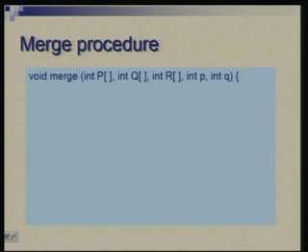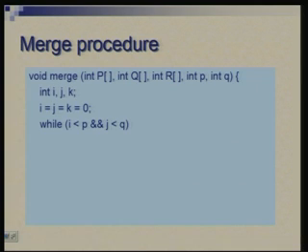Okay. So, P and Q are the inputs, R is the output and small p, small q give the dimensions. These are i, j, k, some local variables initialized to 0. These will act as indices to the three arrays. Okay. i, j and k will respectively index into P, Q and R.